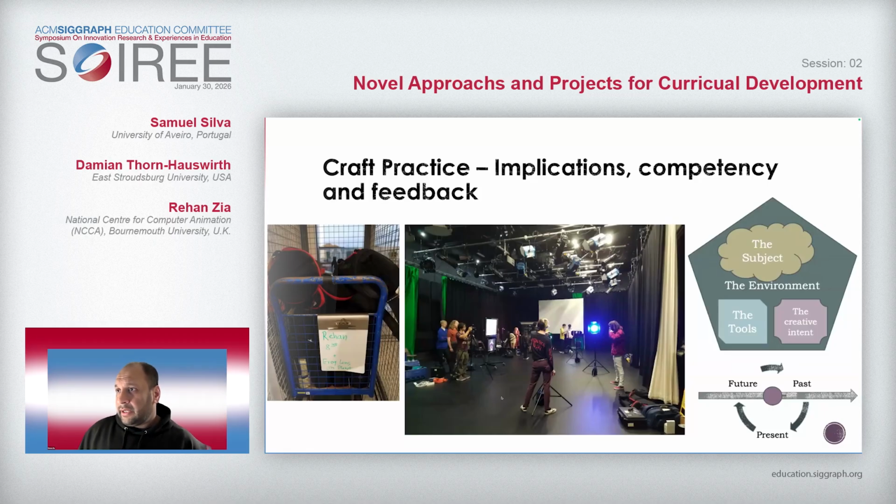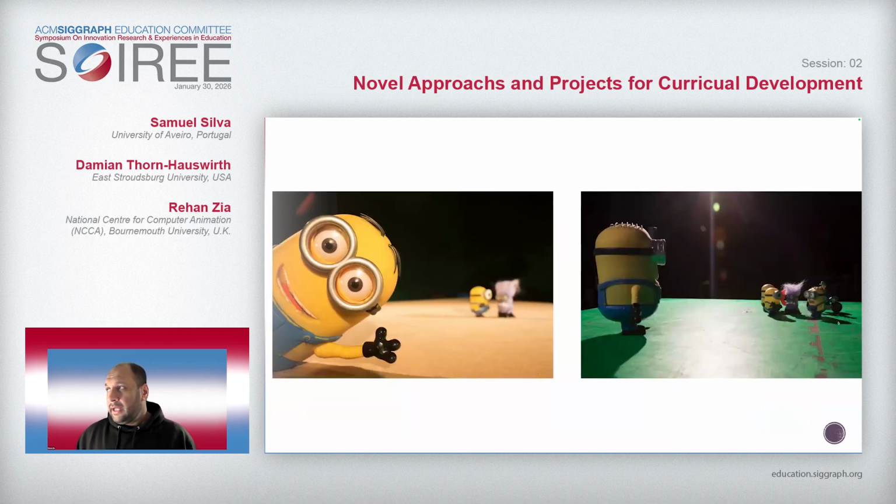So in terms of craft practice, then we do use a lot of different equipment in studio. And what it does is, because you're working in the environment, you've got the subject and the tools and the creative intent all kind of bunched together. You are doing some rapid reflection and action. As you're taking pictures, you're thinking about what you're doing, but also contemplating on the results.